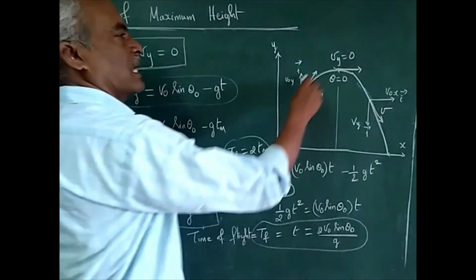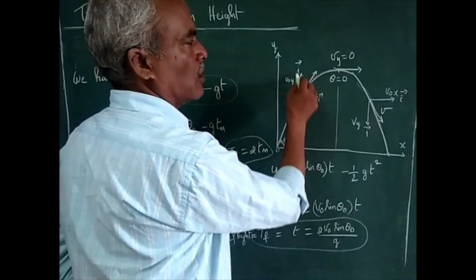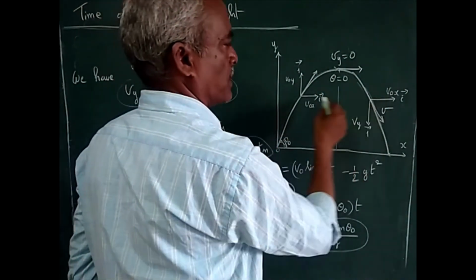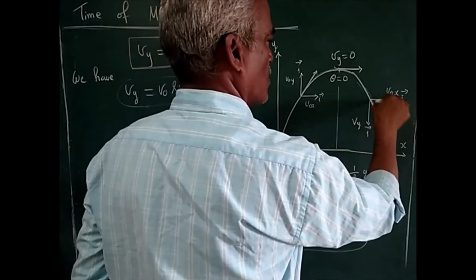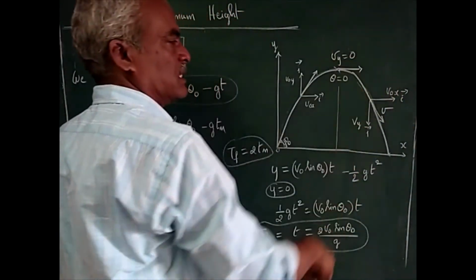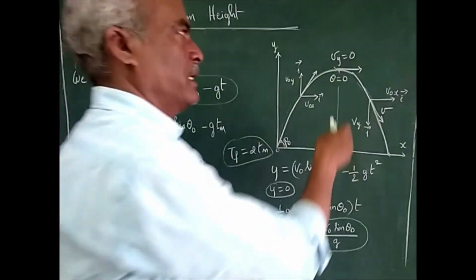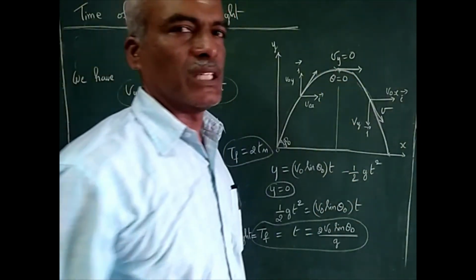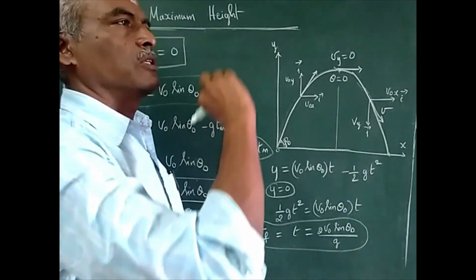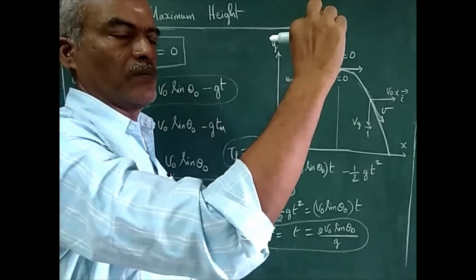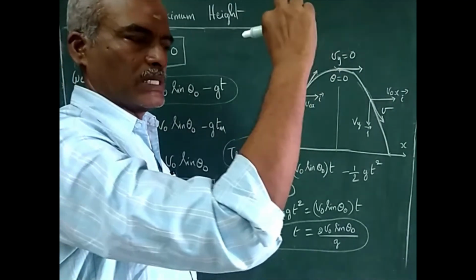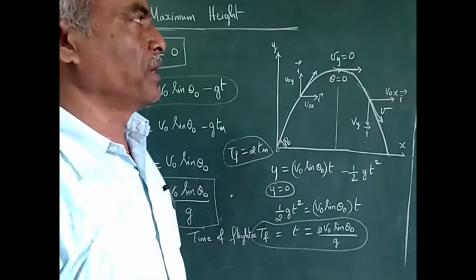Now, from this graph, you can see that at any point you can resolve the velocity into vertical and horizontal components. So this is horizontal, vertical, and if you come here, horizontal, vertical, but now it is in this direction. At this point Vy is equal to 0, because when the object reaches there, it has absolutely no vertical velocity at that point. Vy equals 0, and once again it will fall from that point.